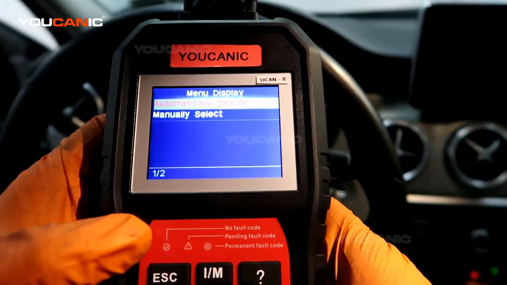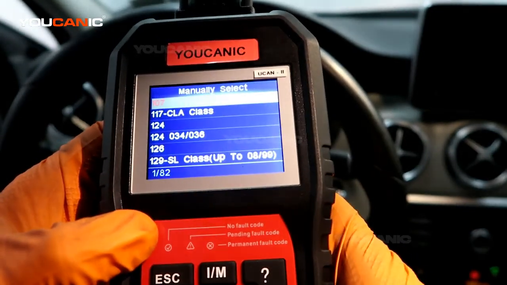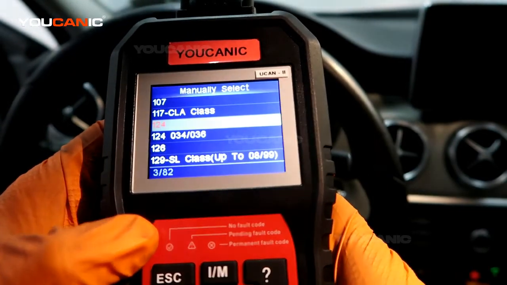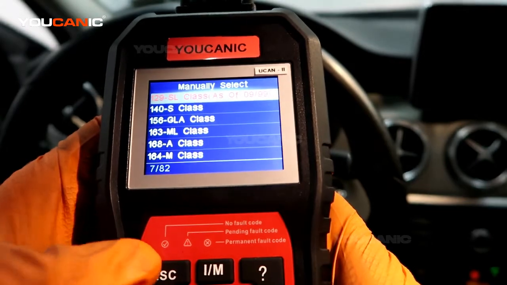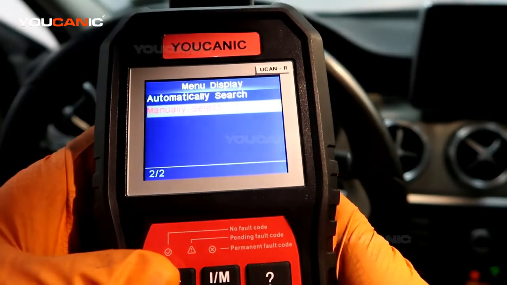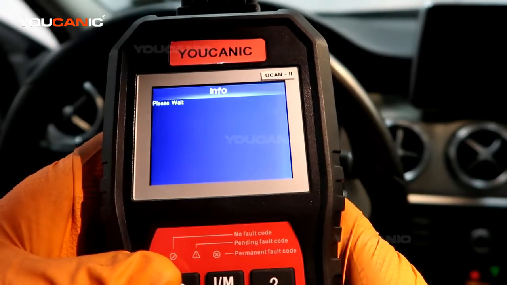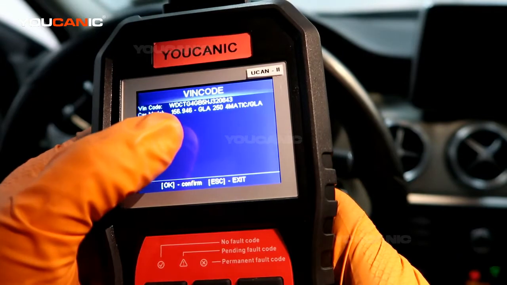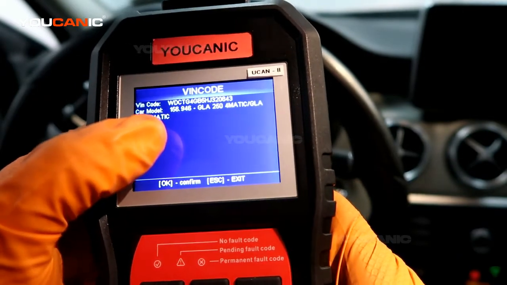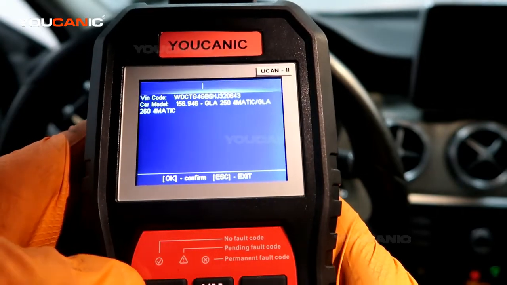You can manually select the model. So if you know what chassis you have, you can go to manually select and then choose the chassis. But since sometimes you might not know what chassis your vehicle is, go to automatic search. You look up the VIN number and it'll pull right the first 3 digits here. 156 is the chassis, and here we have GLA250 4Matic. So press OK,